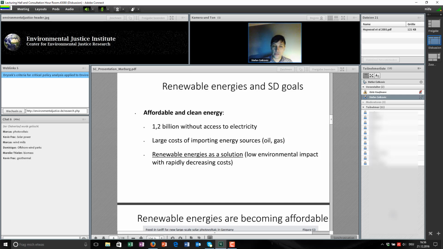So these costs are related to costs of household, but also cost of the countries, because of the fact that oil and gas are concentrated in few countries, and essentially the rest of the world needs to import these resources